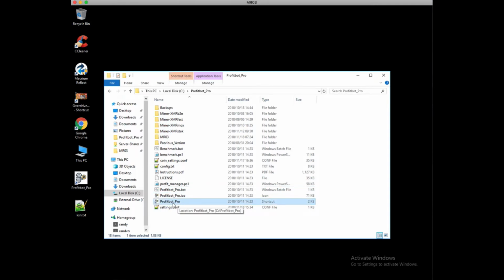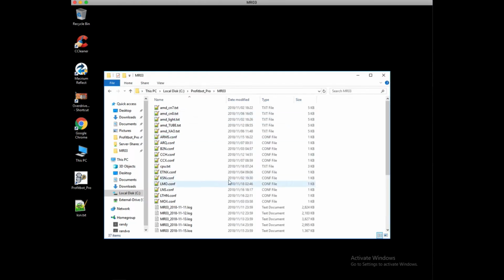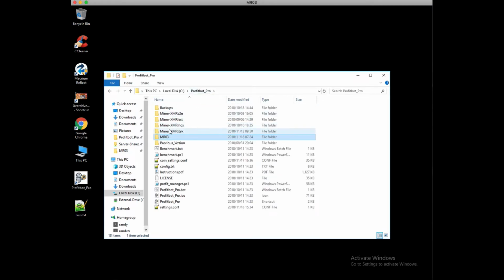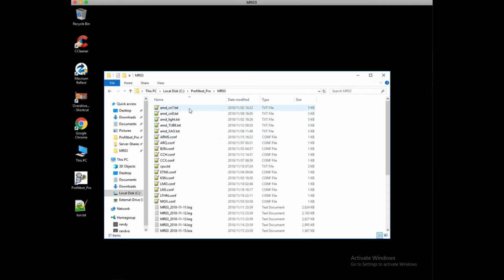It will start the program. The very first time you run this, it is going to run a benchmark. If you do not want to run a benchmark and you want to configure everything yourself, just create a file called system_benchmark.success. So inside this folder here are all the files for this specific mining rig and what it needs to